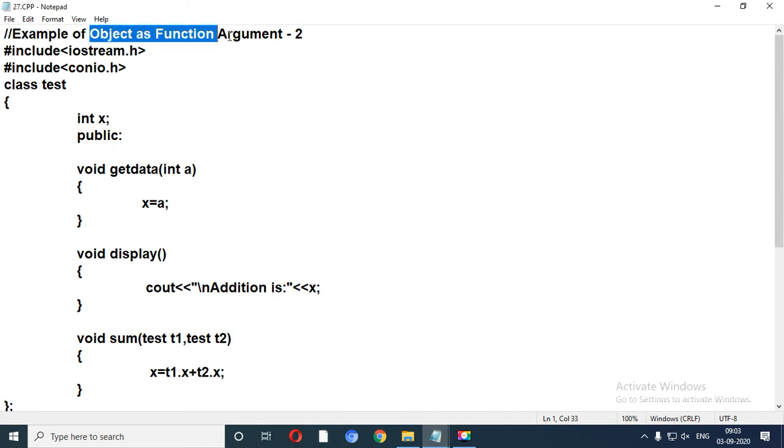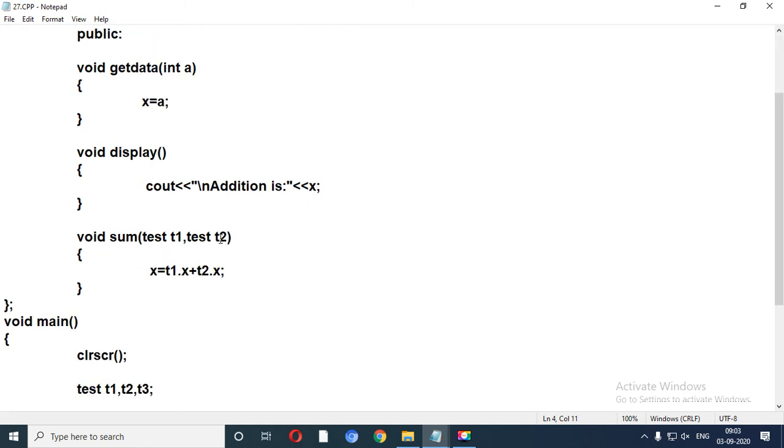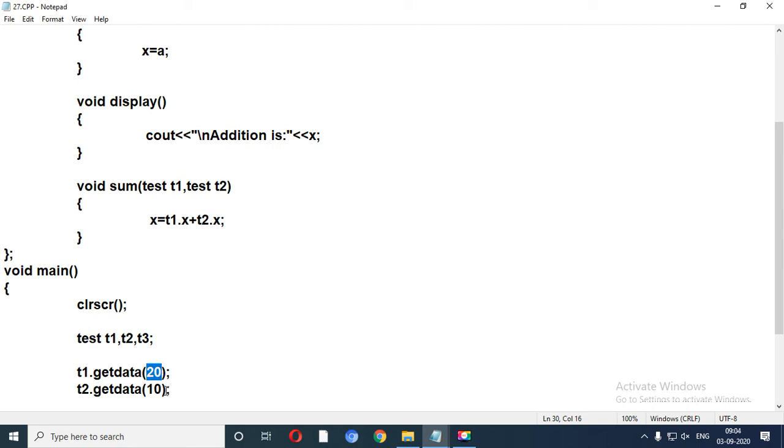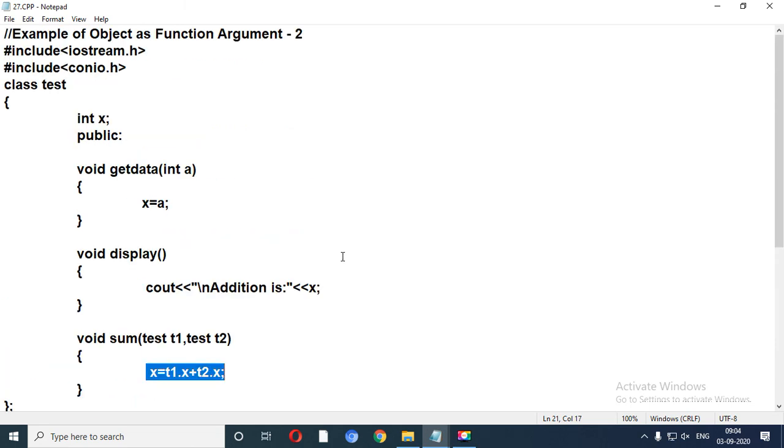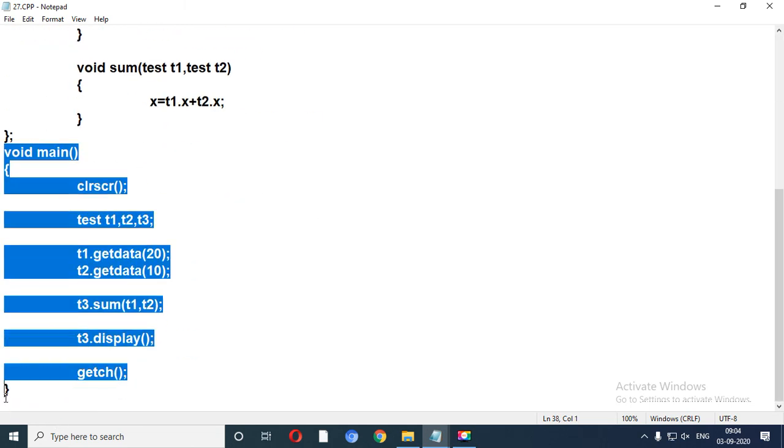Third program, object as a function argument number 2. We have created class test. Over here t1.x equals 20 and t2.x equals 10, and the output is going to be stored with the help of the t3 object. Let me scroll down up to the bracket.